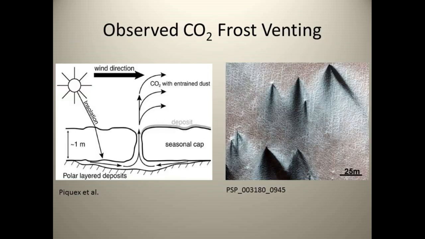So first, I have reason already to believe that the CO2 frost is strong. Seasonally, we see CO2 frost geysers form in the springtime. And what happens is that the sun shines on the surface. Since the ice is relatively translucent, it's absorbed by the underlying layer, which heats up. It then causes sublimation of the overlying seasonal cap.